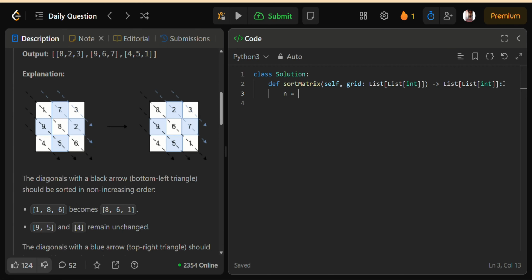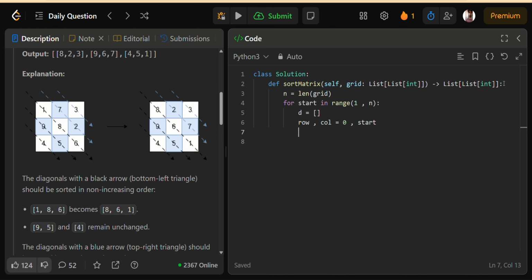The way we solve this problem is by breaking it down into two clear parts. First, we handle the upper diagonals. These are the diagonals that start from the top row but not the very first element. For each diagonal, we collect its elements by moving down and to the right until we run out of rows or columns. We store them temporarily in a list, sort them in ascending order, and then place them back